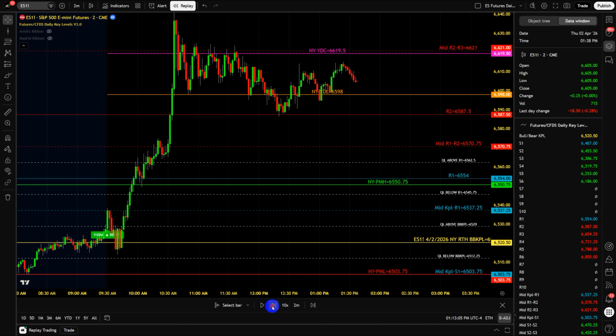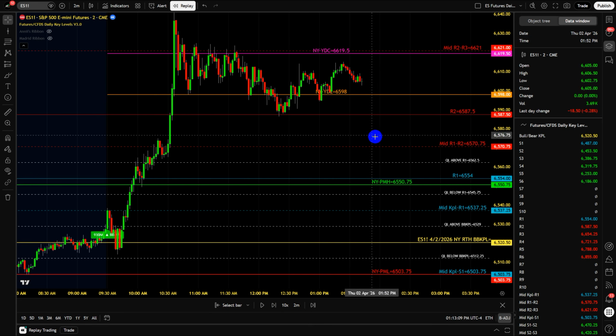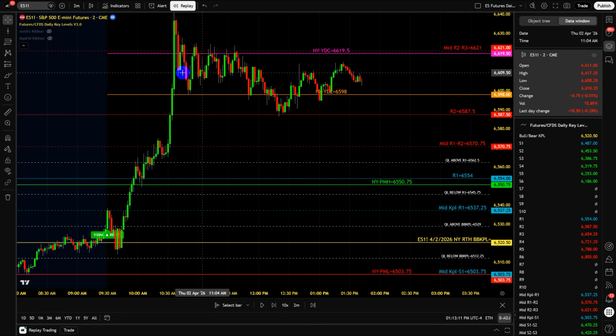And a lot of this is pretty typical. We did get this huge surge here, and then there's a lot of profit taking that takes place, and then price begins to go sideways. So it really just depends on how tight of a stop you want to keep on your remaining